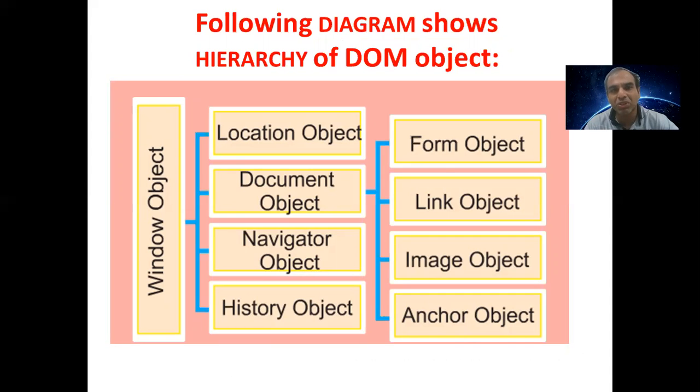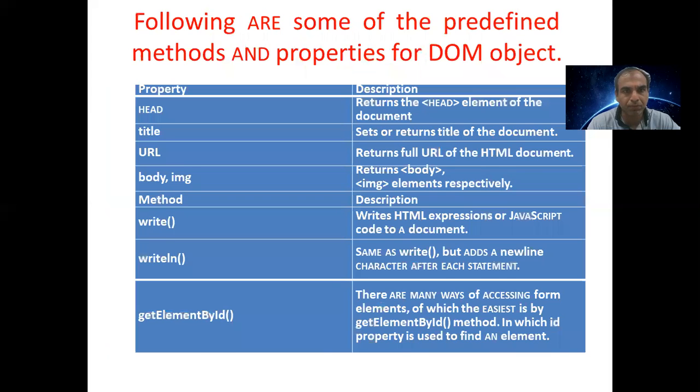And inside the Window, we have the location object. This is the hierarchy given of the DOM: location object, DOM, navigator object, history object. And inside the DOM, we have form, link, image, and anchor objects. So some of the properties related to the DOM: